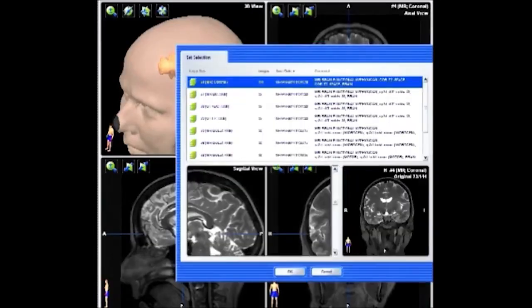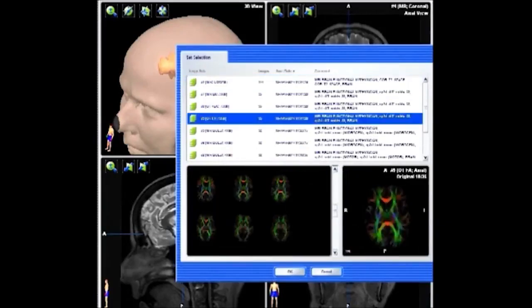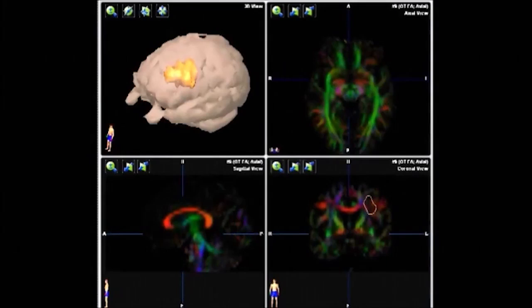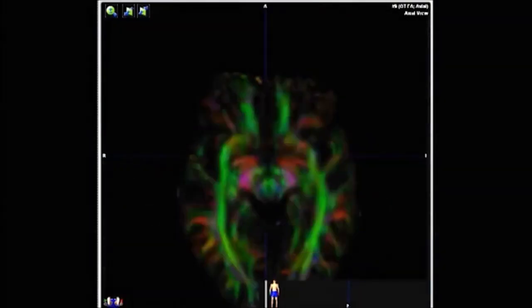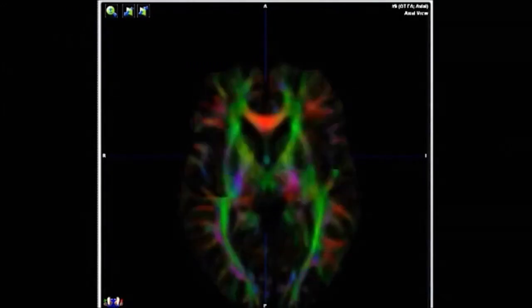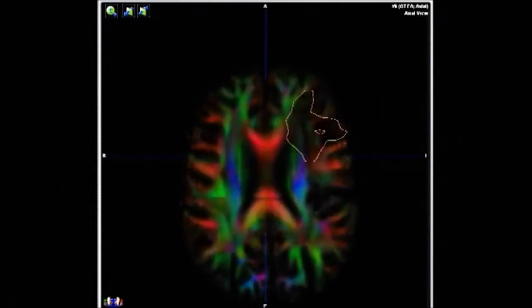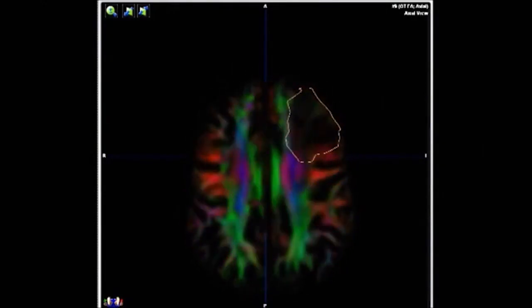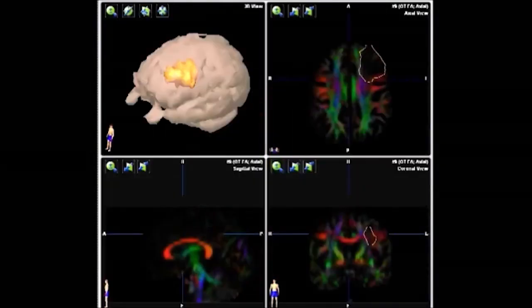Next, we will demonstrate the use of tractography data. One useful MRI sequence for the generation of tracts is the fractional anisotropy map. This is a color-coded map where colors denote fiber direction, where green are the fibers which travel in an anterior-posterior direction, red are fibers traveling right to left or left to right, and blue are the projection fibers traveling from